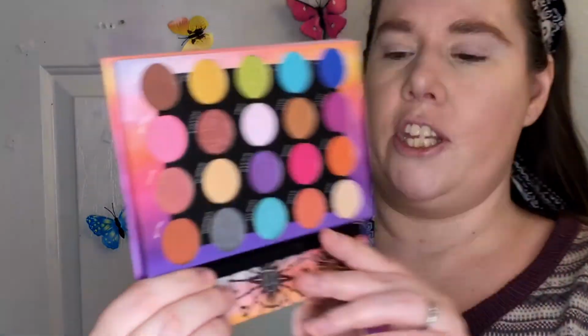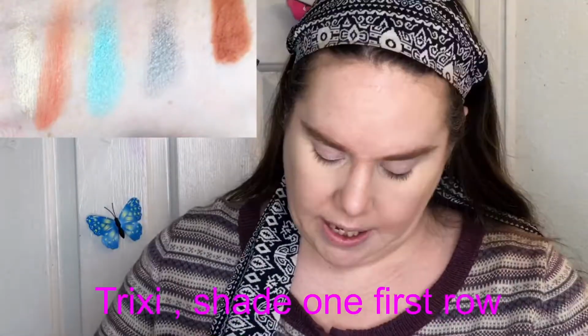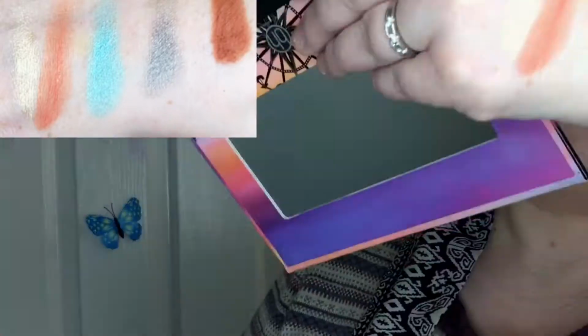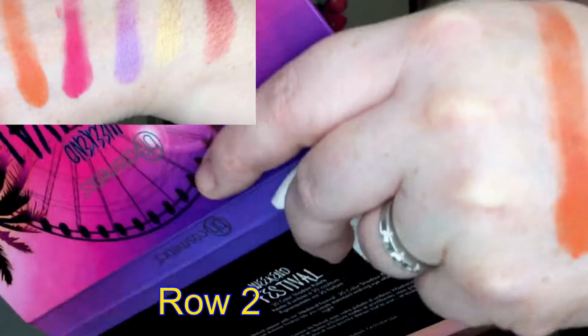So let's swatch this. There are a whole whopping 20 shades in here. I'm just gonna grab my makeup wipes. The first row is Travel, Candy, and I'm just doing one swipe swatches like that. When I watch videos, that's how I prefer my swatches. Ultimate, Carnival, Eclipse. That shade is so pretty. Then we have Hippie, Dippy,